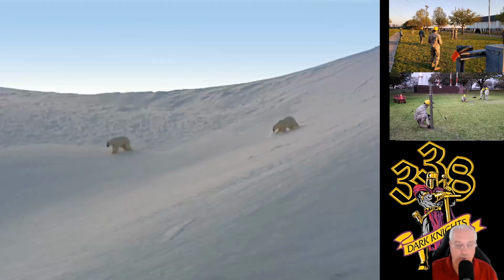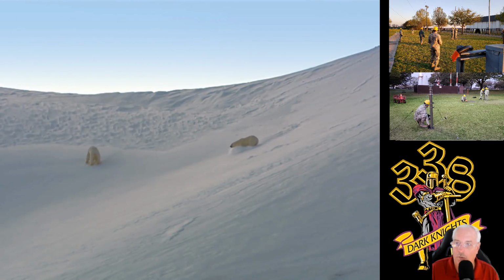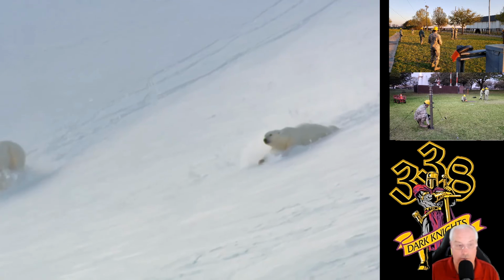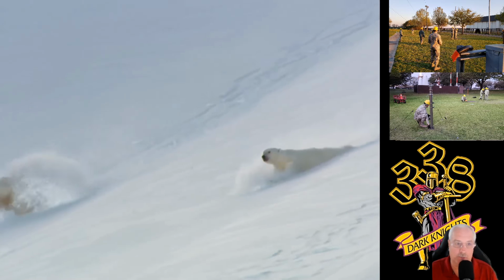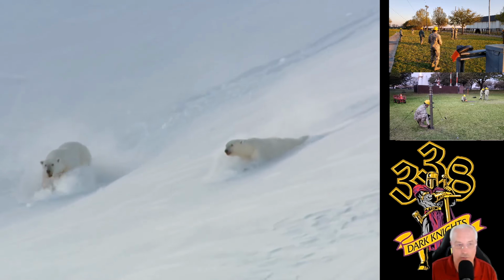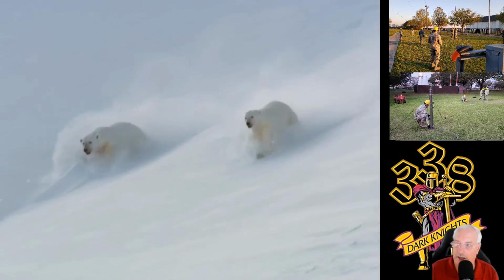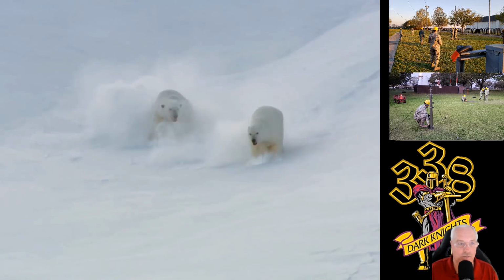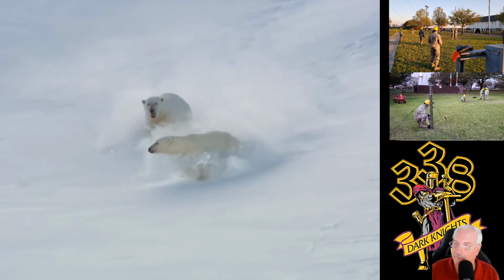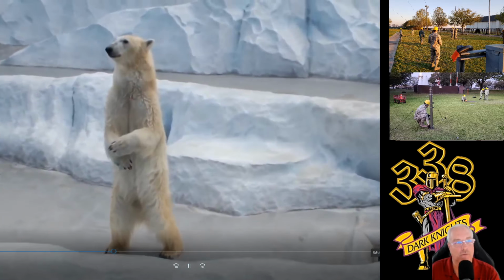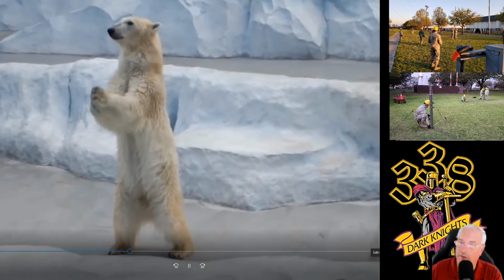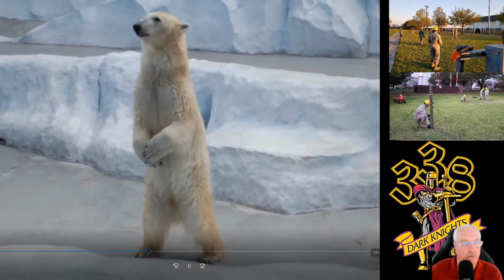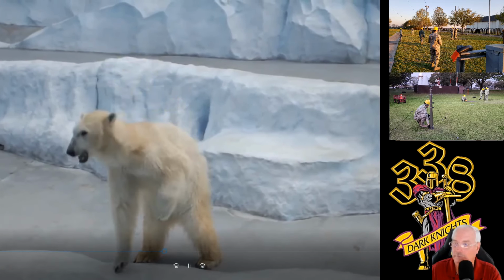I wanted to give you an example of a horizontally polarized polar bear, and as you can see, this polar bear is laying down, so that gives him the benefit of a doubt that he is horizontally polarized in this wonderful play in the snow. Here's a wonderful example of a vertically polarized polar bear. Wonderful example.